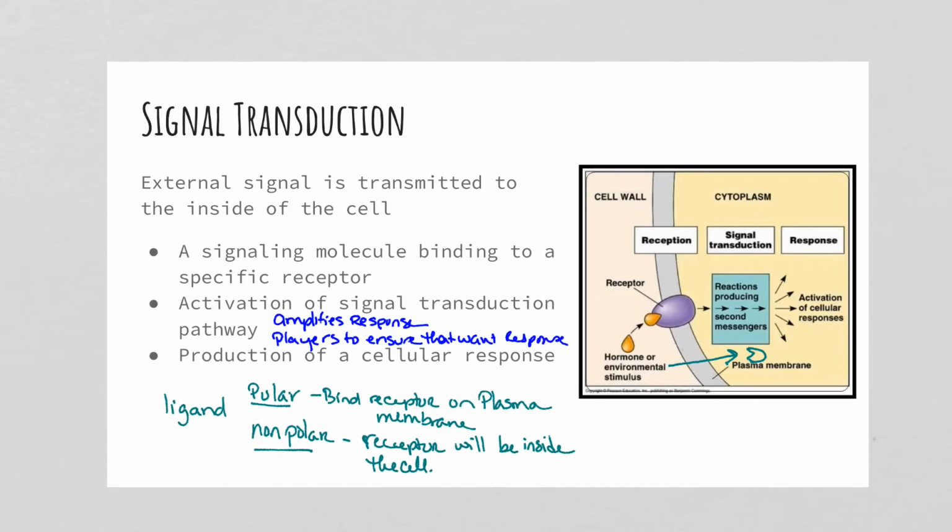Okay, so basically what ends up happening is when a ligand binds to that first receptor, it's going to change shape so that the second messengers can respond, and they're also going to activate more receptors, and eventually it's going to cause a cellular response. Some of that cellular response might be increased gene or protein production. Maybe we need to decrease a protein. But basically all of these things are going to go to the nucleus and help change what enzymes, what receptors, what molecules we have made in the cell.